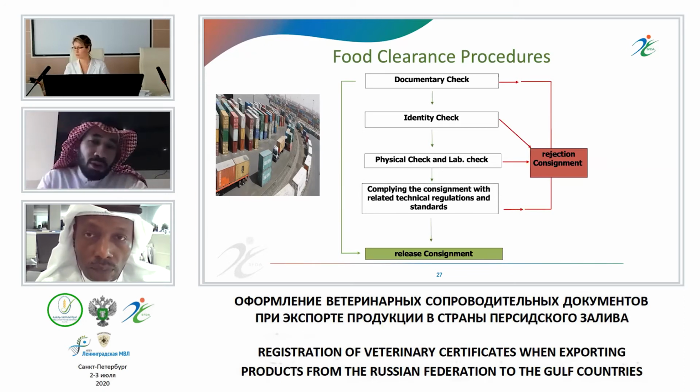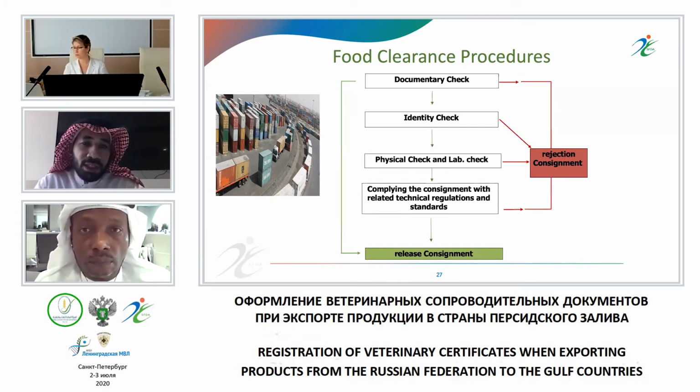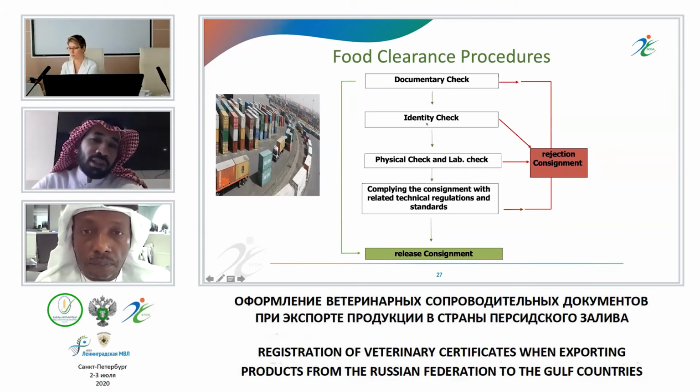Or the document has some information that is not allowed to the KSA. Now it's rejected based on the documentary check, so it did not move to the identity check. Okay, and then if it moves to the identity check of the shipment, say for the specific questions,